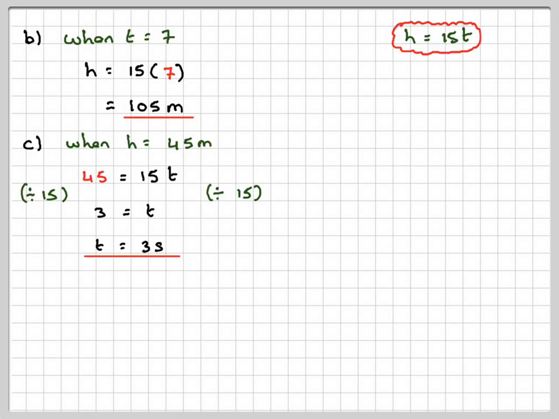Okay, so this has been a video to show you how to do direct variation when we have two variables directly proportional. One variable is directly